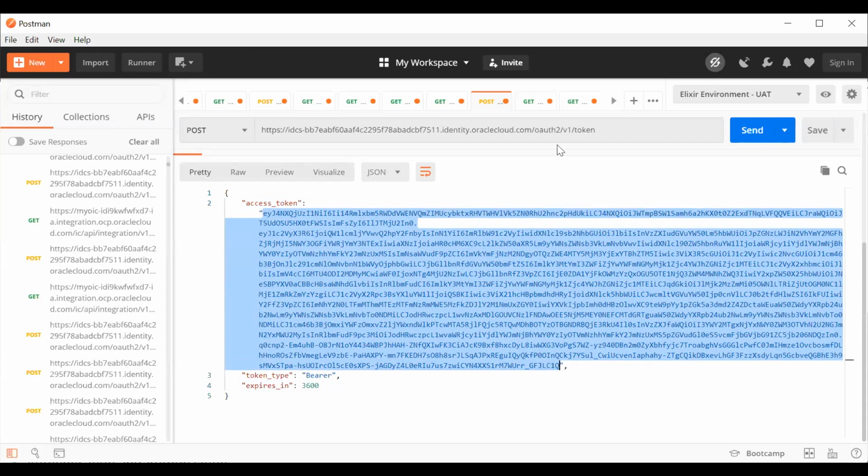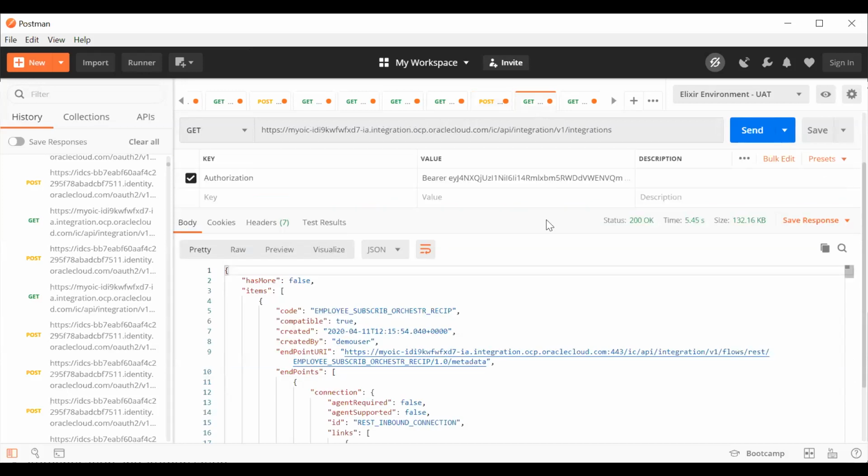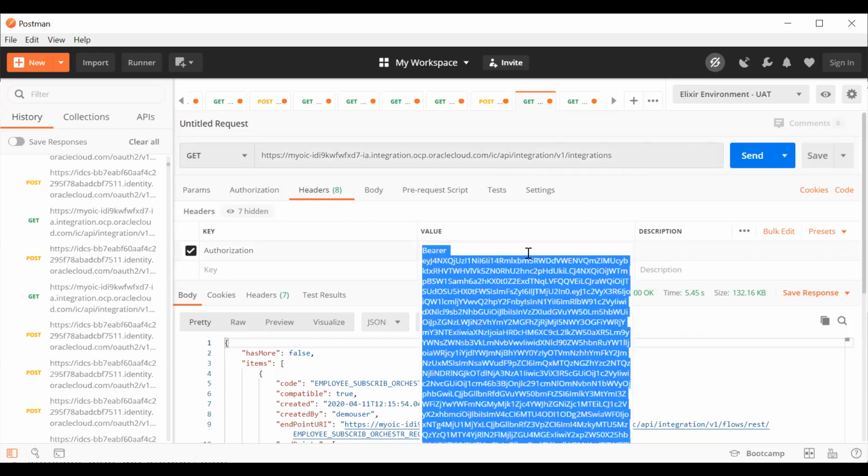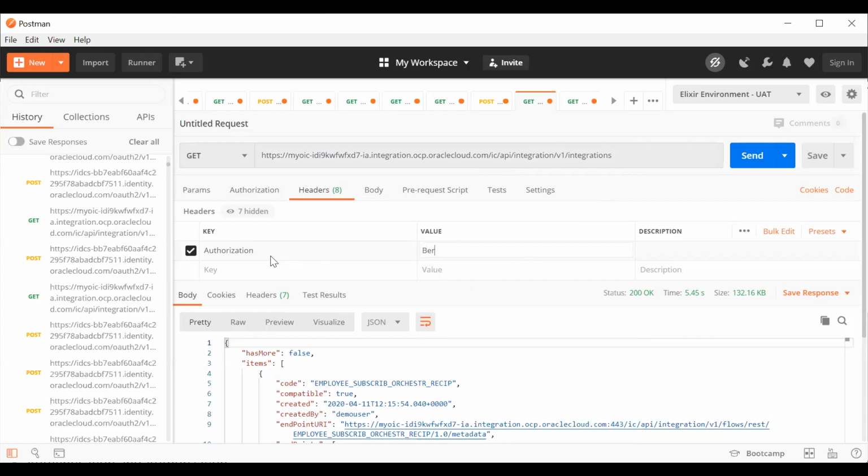I'll just copy this, and in another tab I have one REST API. Here you see this is my OIC URL, which I used while creating the scope. I have this URL endpoint like ICS API integration v1 integration. This is the OIC endpoint which will allow me to get all the integrations which are there in my OIC. I will use this authorization header, and this is the bearer token.